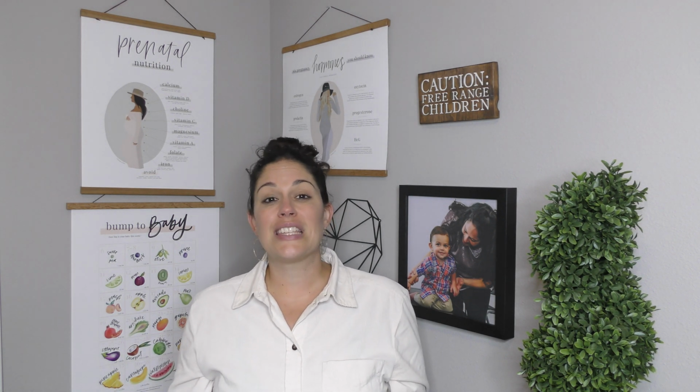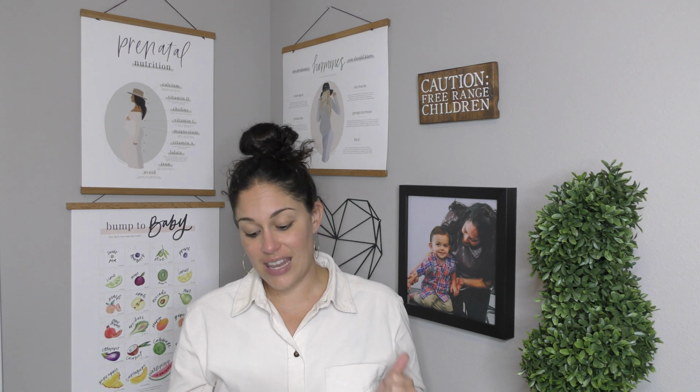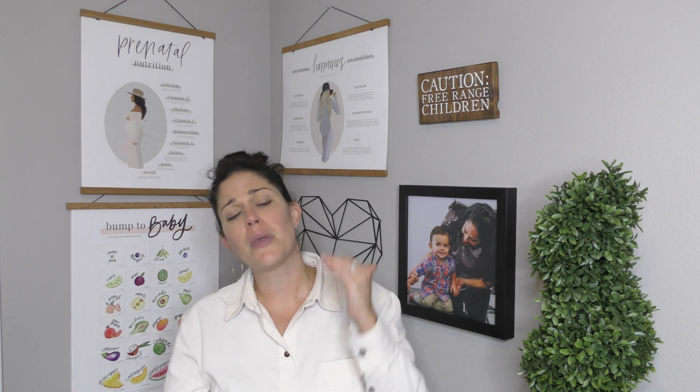So the fourth one is rest, and this probably sounds like a no-brainer, but rest is the way that our body heals. Sleep is the way that our body regenerates and heals, and so it's super important that we're getting adequate sleep. There's a study that actually said sleep and the circadian rhythm exert a strong regulatory influence on immune function. So super important that not only you're getting good sleep, you're getting quality sleep,